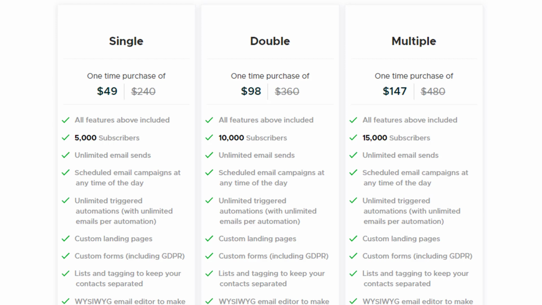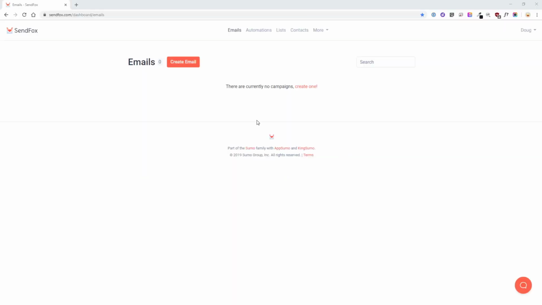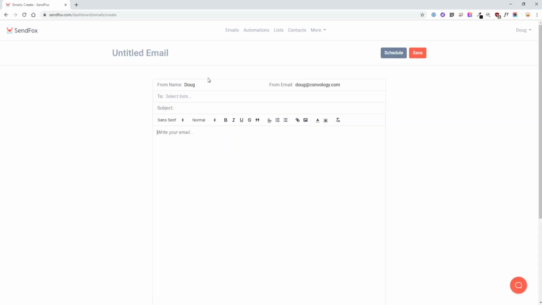So let's jump right in now and take a look at SendFox. So first we have the ability to send emails. And this, I think, is where they make the greatest departure from your typical email service provider, where MailChimp allows you to have this big customizable drag and drop editor with columns and photos and templates and just an overwhelming amount of customization, right? ConvertKit kind of does not quite as much, but